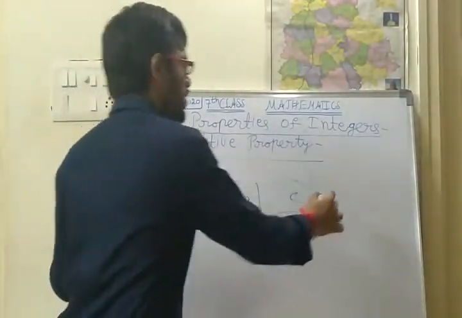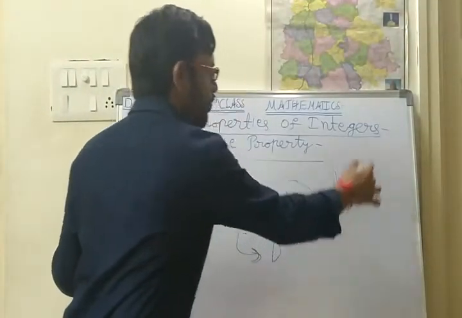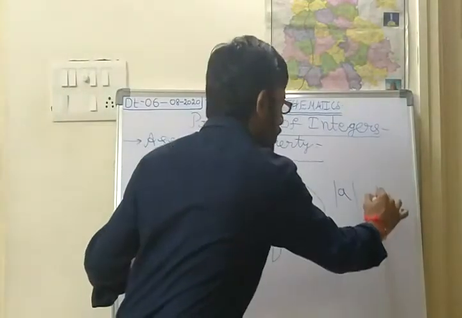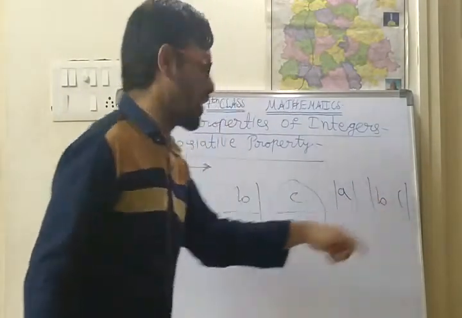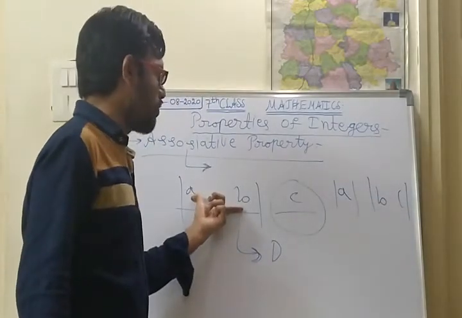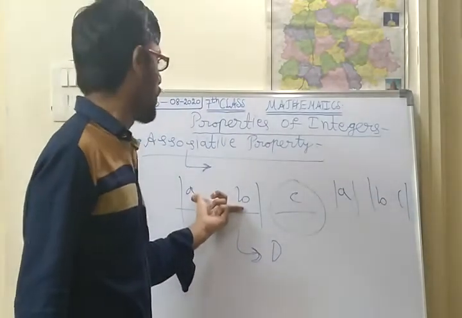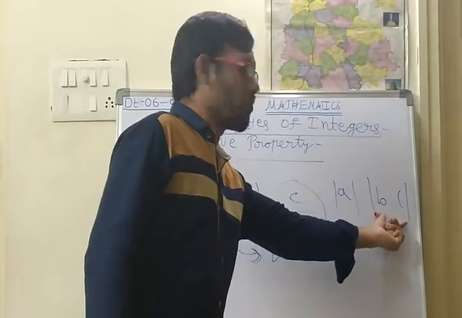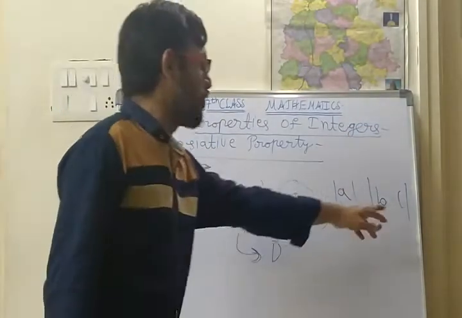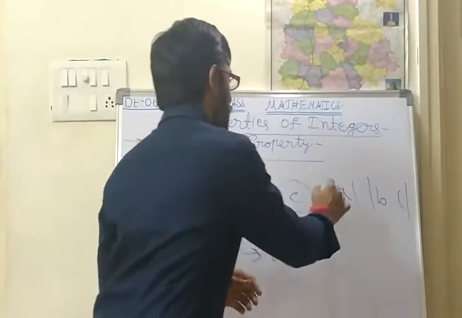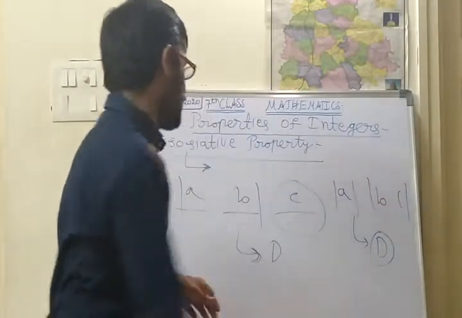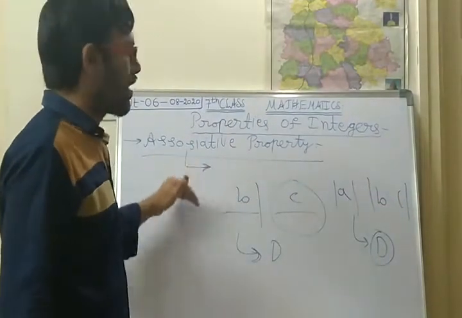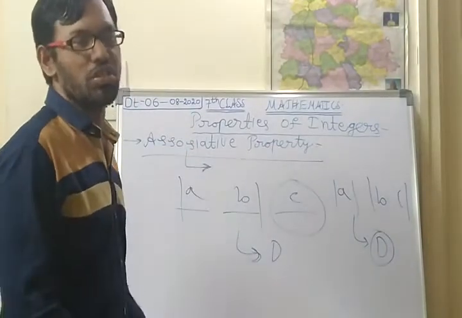What is another phase? A alone will do one work at a time, and B and C both at a time will do. Here A and B work together, and in the second phase B and C are doing the work together. If the result is the same here also, then that is called associative.